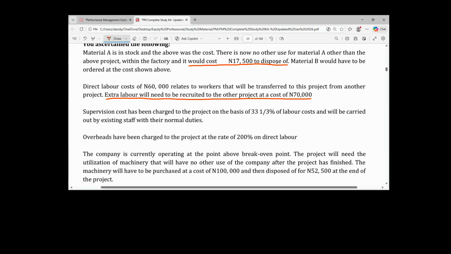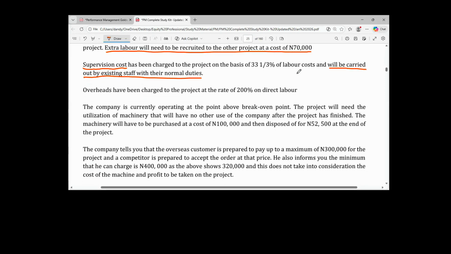Okay, of labor cost, and will be carried out by existing staff with the normal duties. Overheads has been charged to the project at the rate of 200% on direct labor. The company is currently operating at a point above break-even point. The project